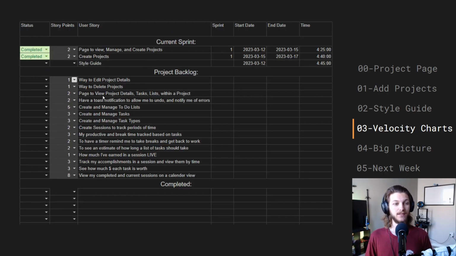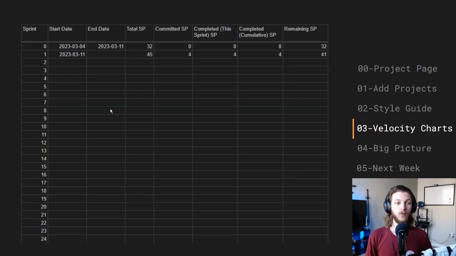So I basically said, instead of create and manage projects, I refactored it to be a page to view projects, create projects, edit projects, delete projects, and a page to view project details. Like all of these things, you can see this is 1, 2, 3, 4, 6, 8. 8 project points worth of stuff from a 3 project story point thing. So I broke that out, and that's why you can see here we actually added basically 13 points worth of